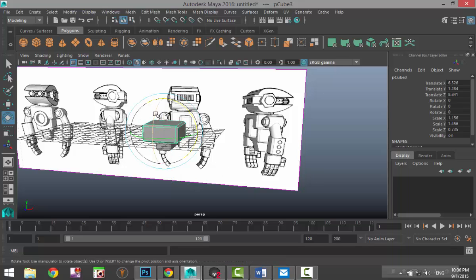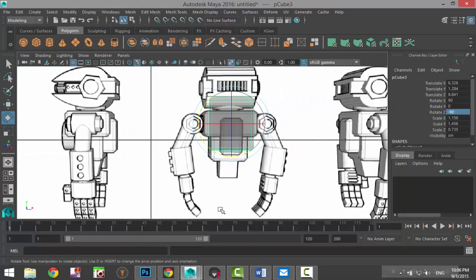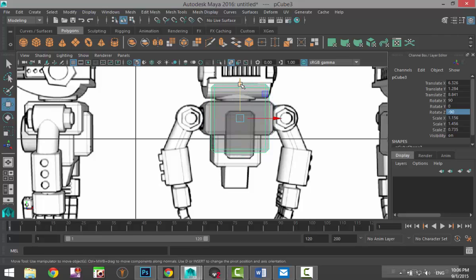We're going to hit E and we're going to rotate that forward to 90 degrees. Then we're going to rotate it sideways to -90. We're going to switch views. We're going to hit W and we're going to bring that down. And then we're going to hit R, and I'm going to scale it in